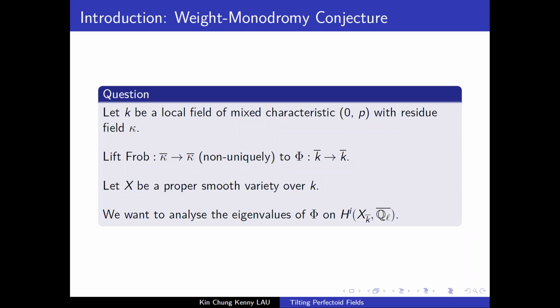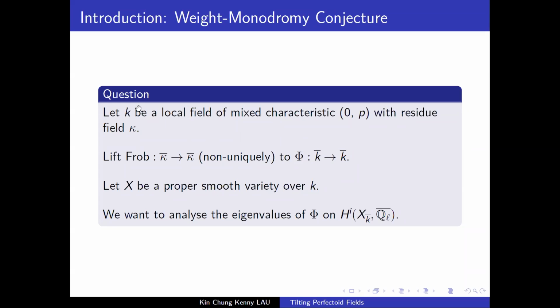Which one they want depends on the context. One is called the arithmetic Frobenius and the other the geometric Frobenius. Once we have this Frobenius map, we can lift it to a map on the algebraic closure of K. So we have this phi,